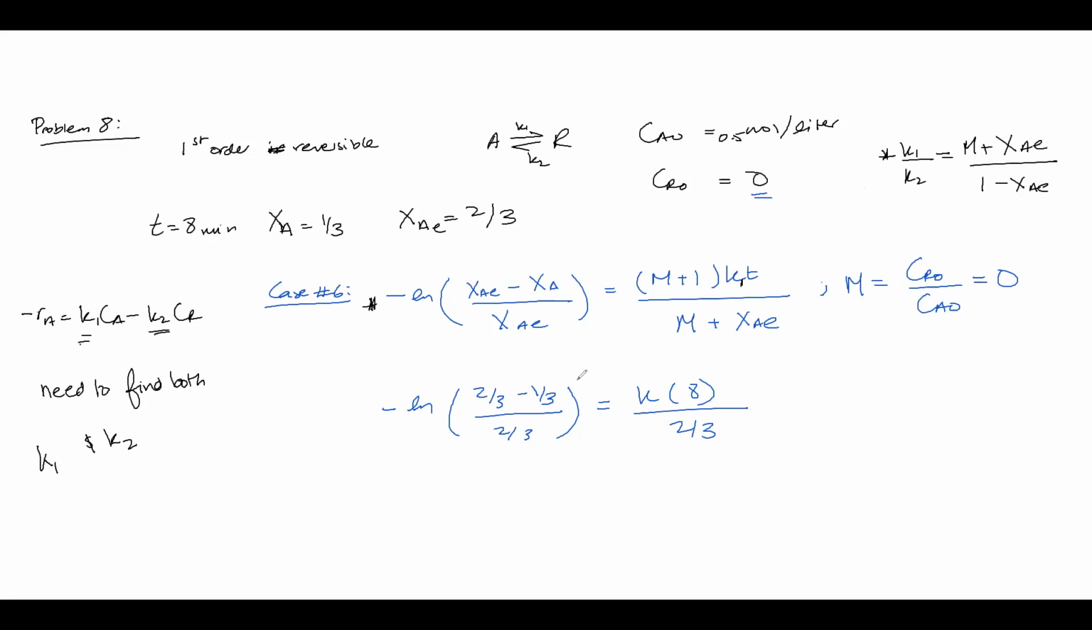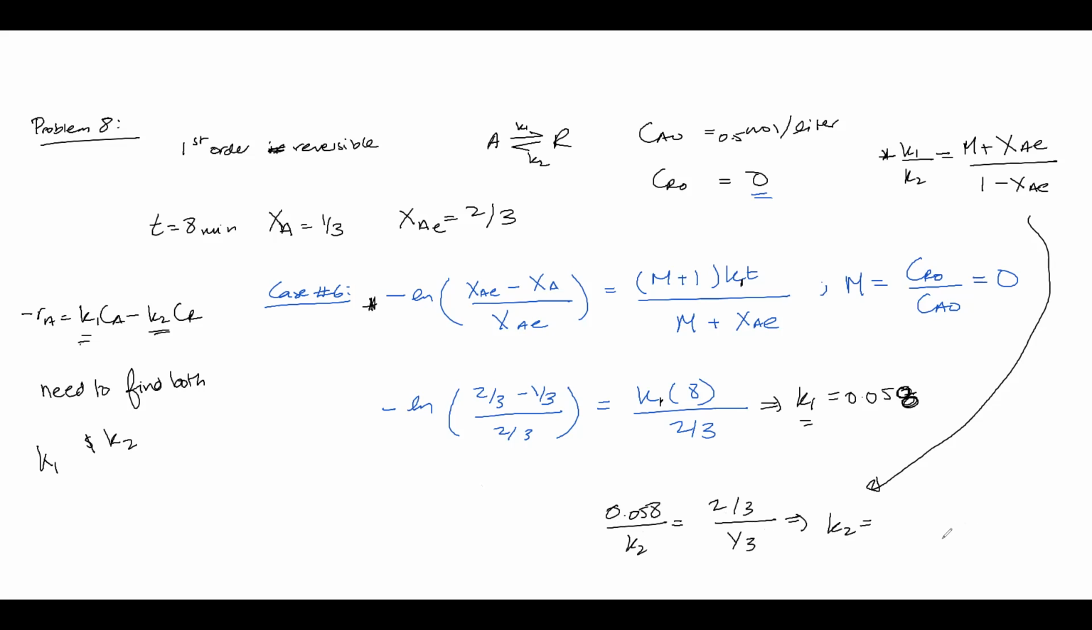Okay, so I'm going to use these two equations. I'm going to use this equation first to get k1. If I do the math here, I'm going to get a k1 value equal to 0.057, actually 0.0577, so let's write this 0.058. Then I'm going to plug this value into this equation right here. So I have 0.058 divided by k2, again M is 0, XAe is 2 over 3, 1 minus XAe is 1 over 3. So I'm going to get the value of k2 to be equal to